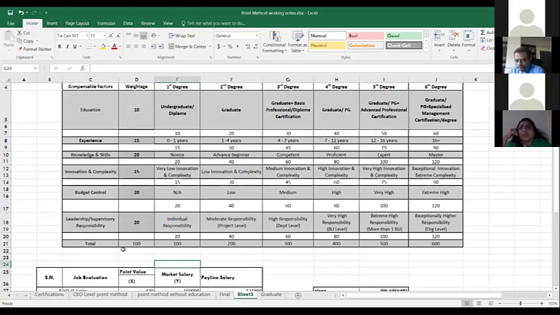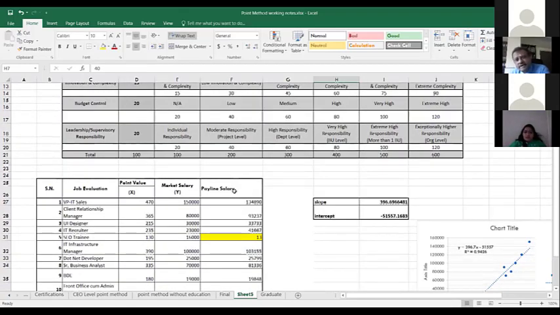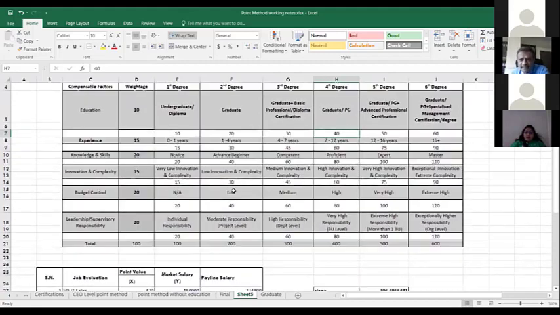No, because sir, the moment I was comparing between 20 and 40, the point value was getting increased. That's okay. On one aspect it can be increased, but it will be pulled back on the other aspects when you're looking at the innovation and knowledge and skill and all that. That's why I'm saying each factor has to be calibrated, Meena.